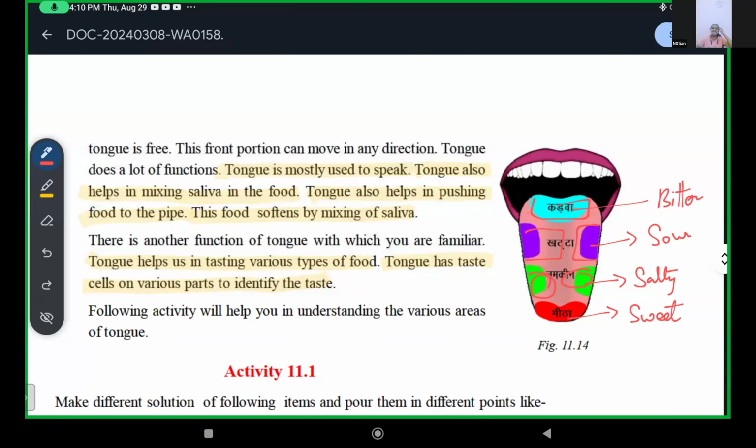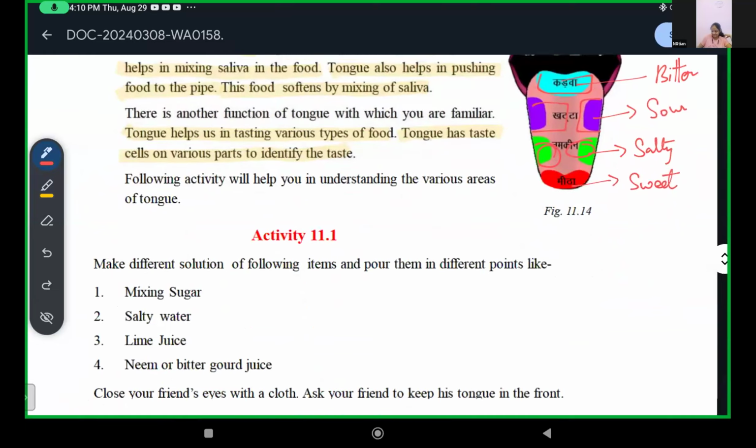Just kidding. I'll see about the spicy, okay? Yeah. So now